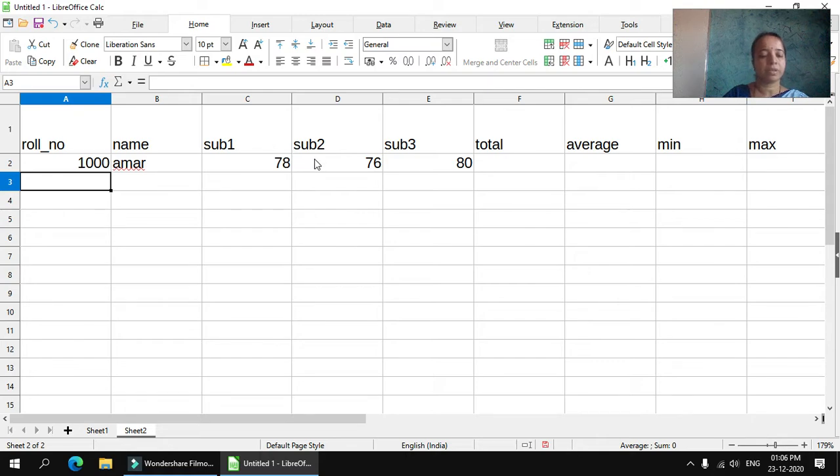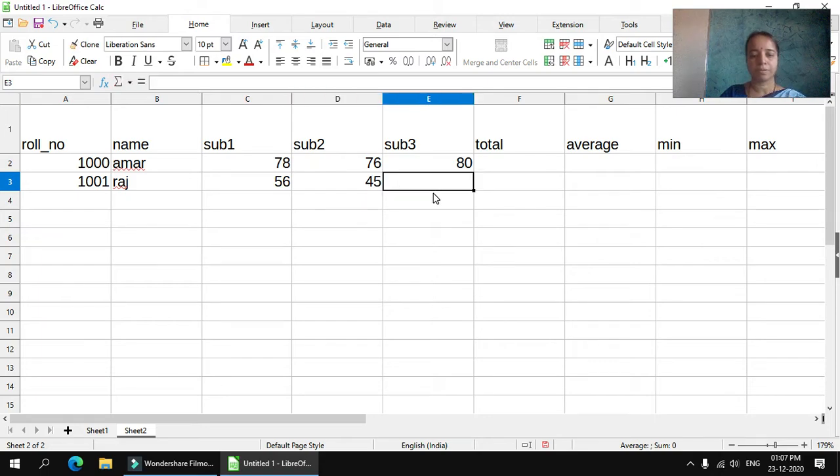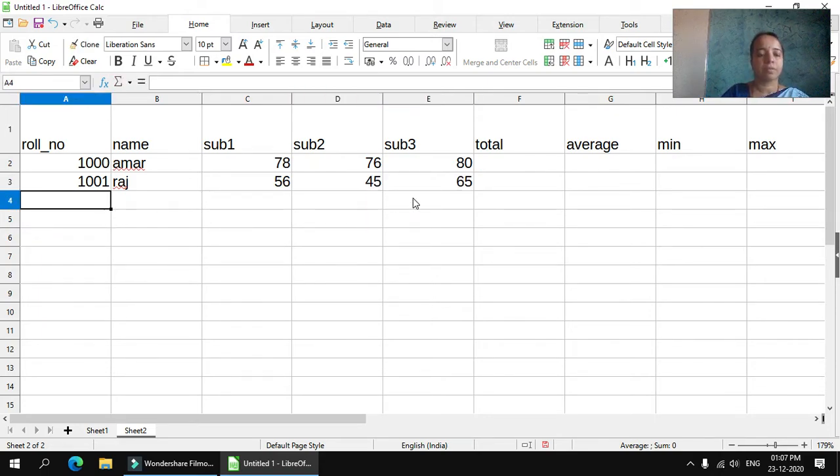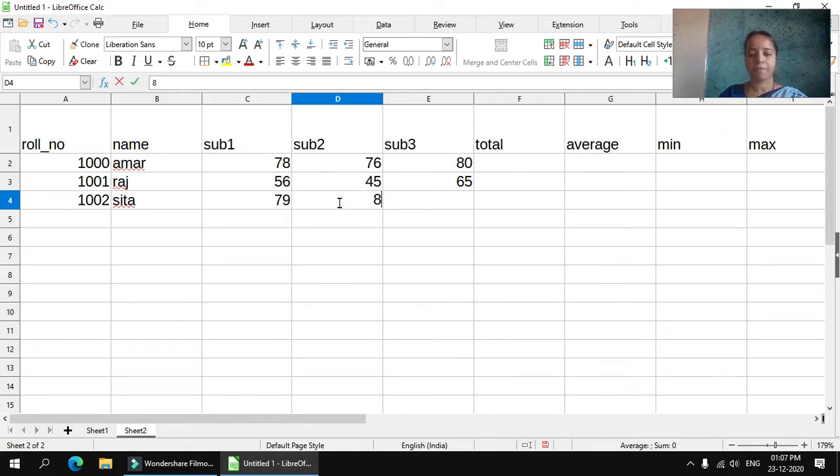Like that, add some records. Okay, some data is added here. 3 records are added.